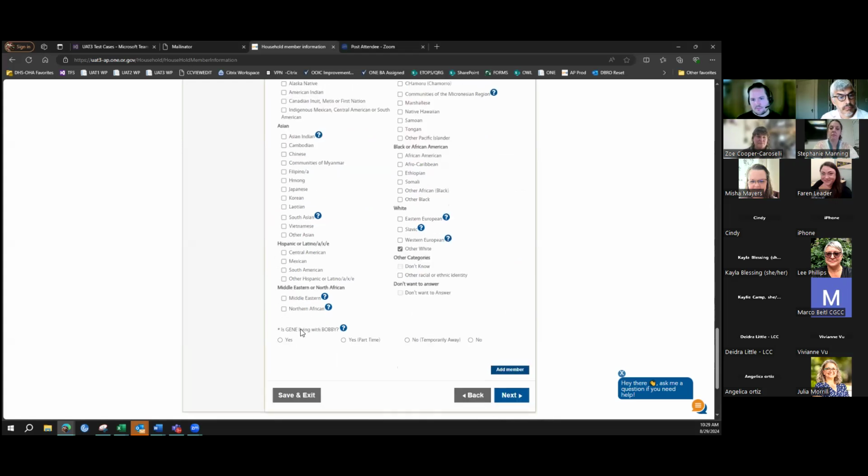Then it's asking if Jean is living with Bobby. So any additional person added to the case will be asked if they're living together.